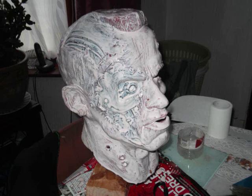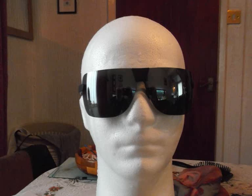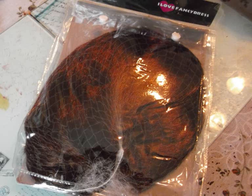And I bought some better sunglasses. These are supposed to be a replica of the gargoyles, and they look a lot more like the ones that Arnold had on in the original film. Then I'm going to put some real hair on it. Now I bought a cheap wig,